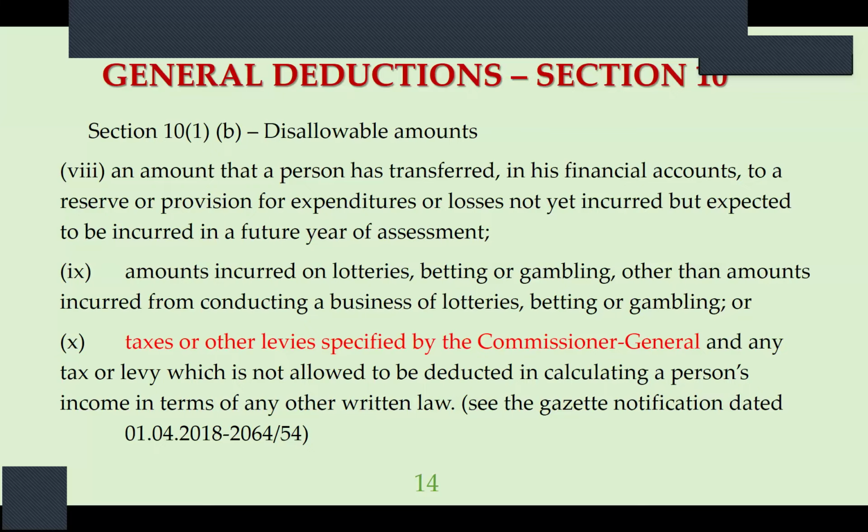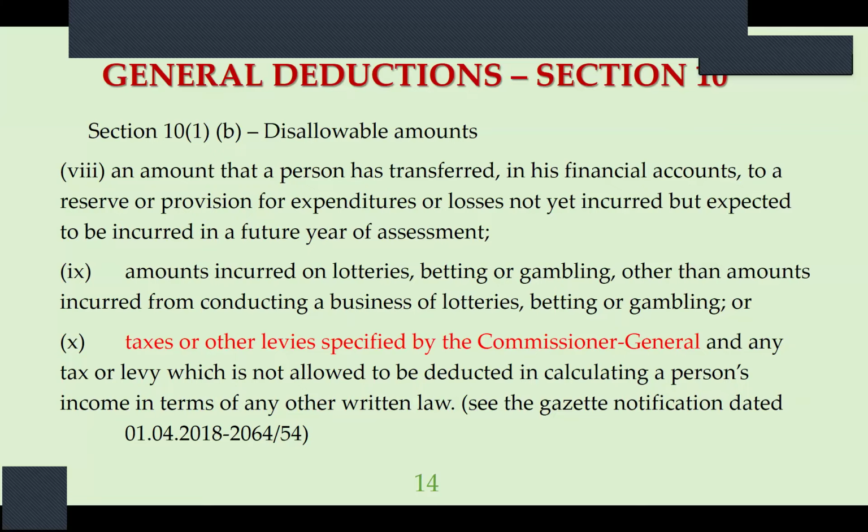So, transfers to a provision or to a reserve are not allowed. The next one is amounts incurred on lotteries, betting or gambling, other than amounts incurred in conducting a business of lotteries, betting or gambling. I think you can remember